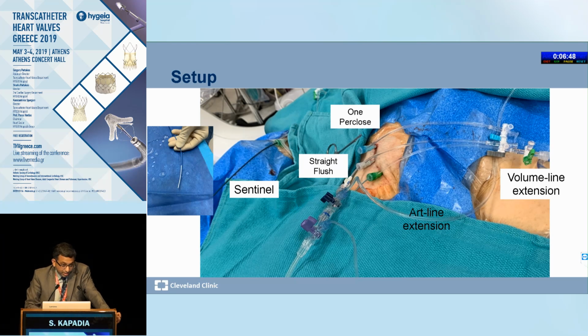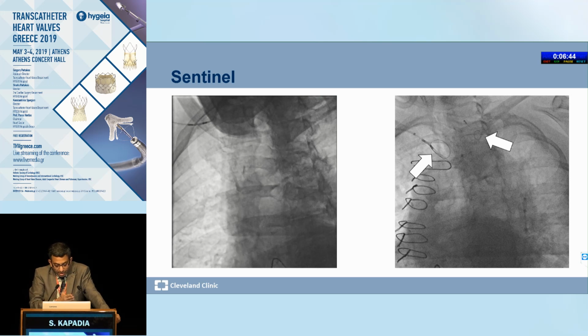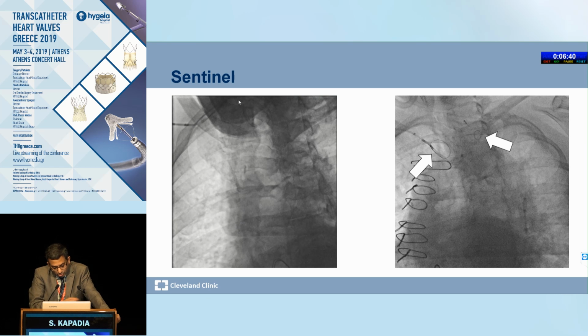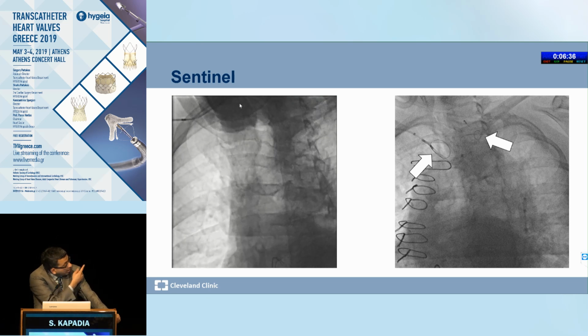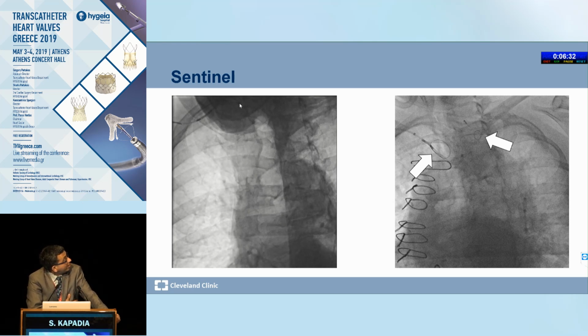Straight flush is a catheter very similar to pigtail with multiple holes. Then we place the sentinel device. The sentinel device right there, you can see the sentinel device. It goes on a 014 wire, so you may not be able to see it from a distance, but the wire is in the ascending aorta already. And then you slowly advance the sheath, and there it comes in. And once the device is advanced,